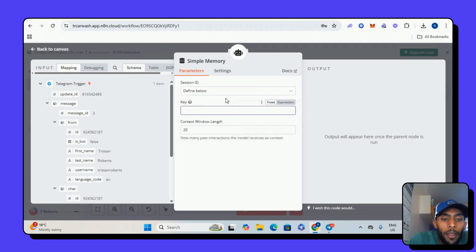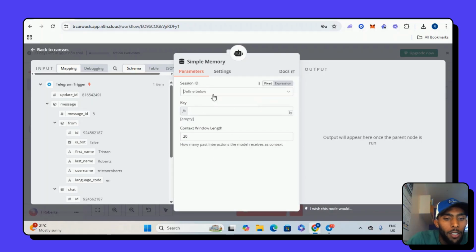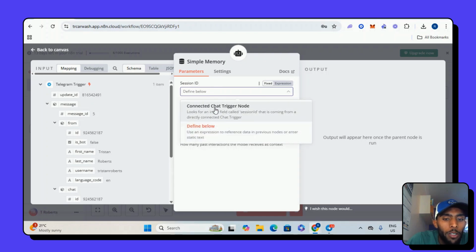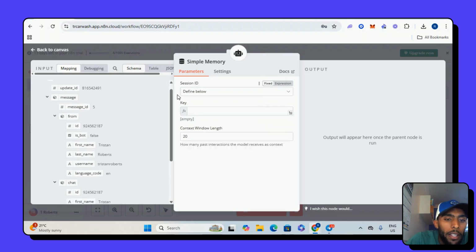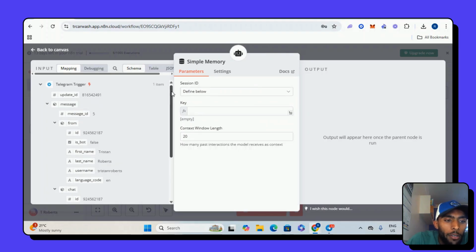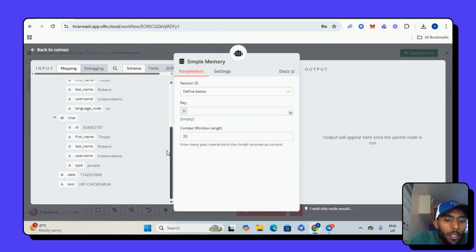Okay, so when we click define below, our session ID will be defined below, not connected chat trigger. Then our key, this is the memory. So if we go down, as we can see, it's our trigger, then we've got message, we've got chat. So let's go to chat.